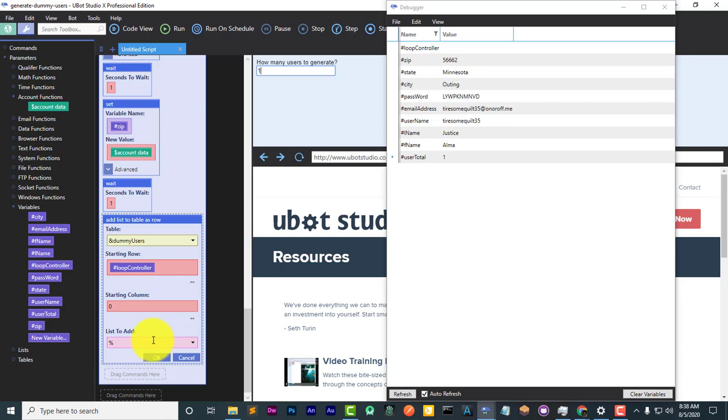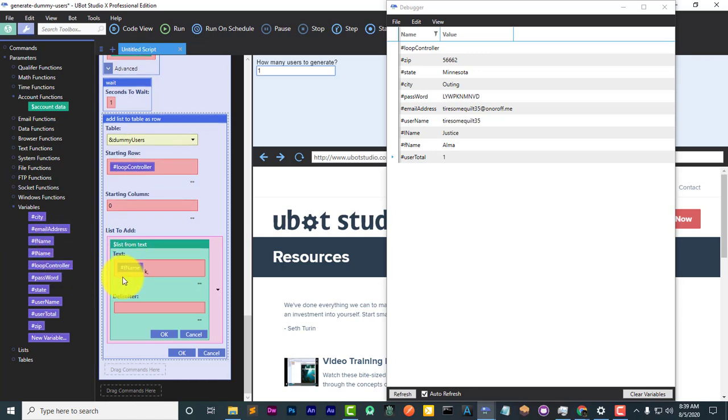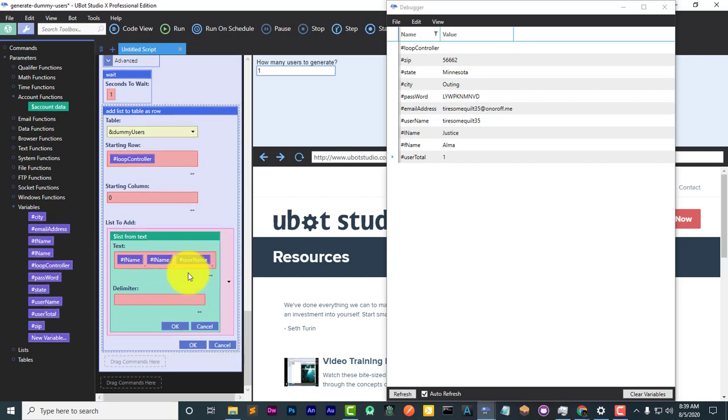And the list to add. Now in here we're going to do list from text. Okay. And then the text is going to be in our variables. So we're going to start with first name, comma, last name, comma, username, comma,